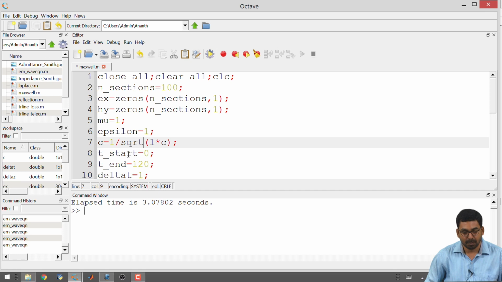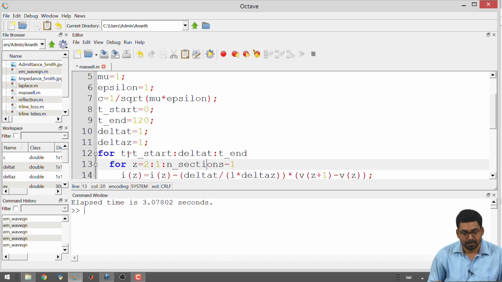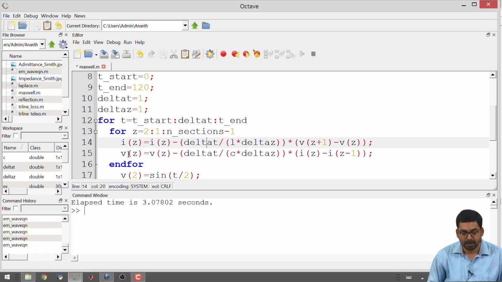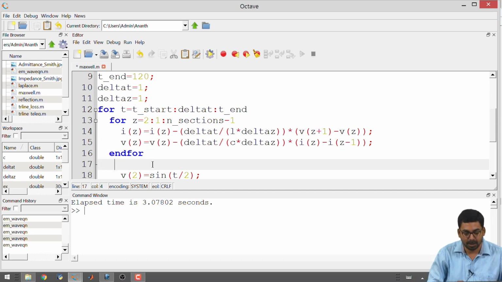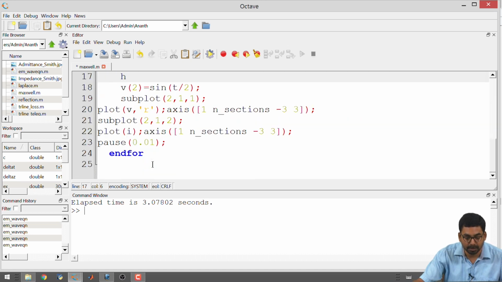So, I have C equal to 1 by square root of mu times epsilon, in this case it is equal to 1. So, I am having two loops. First I am having a time loop, then I am having a space loop. Since we are now doing something in an advanced format, we can replace the inside for loop with just vectorized updates. So, we can go ahead and write that down. So, first I am having the update for H. So, I am going to take this as H of, did I make Hy.